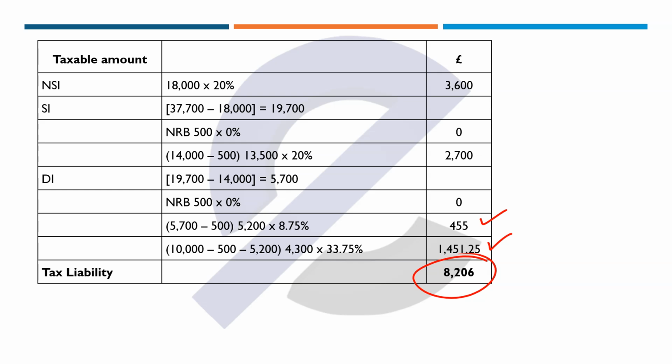Now, a possibility that the taxpayer may face is that their savings income or dividend income amount may be lower than the nil rate band available, meaning that there will be no tax liability arising in relation to savings income or dividend income in that case. So we've now covered how the nil rate bands are incorporated in the income tax liability calculation. But you need to keep in mind that there will normally be no prompt in the question to remind you that the nil rate bands are available and have to be utilized. So you need to remember that as part of the calculation.